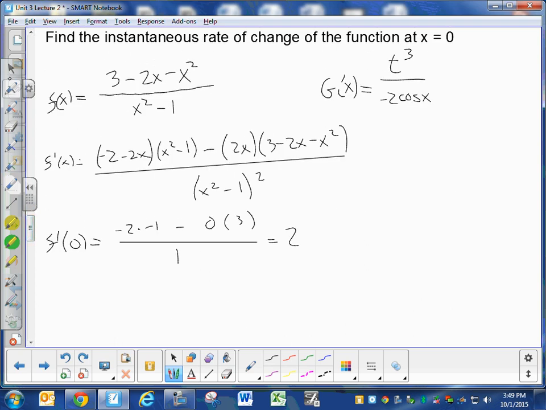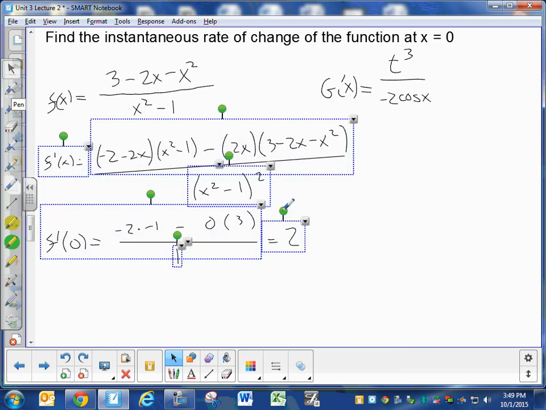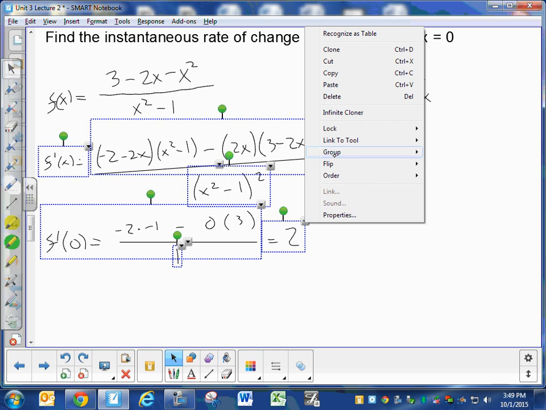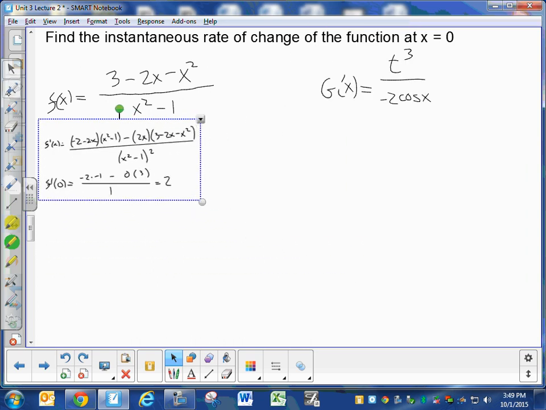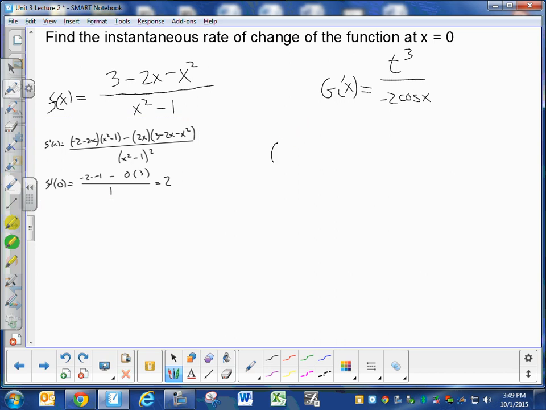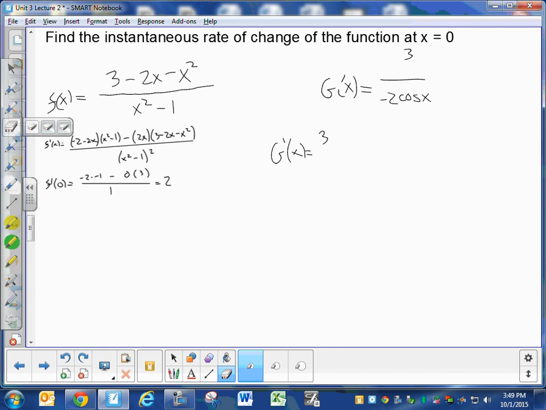Let's do the other one. Let me shrink this. I want to find g prime at 0. I can't simplify this. I have to use the quotient rule. Take the derivative of the top. I guess this should be an x. Just use an x. So that's 3x squared times the bottom, -2 cos x,